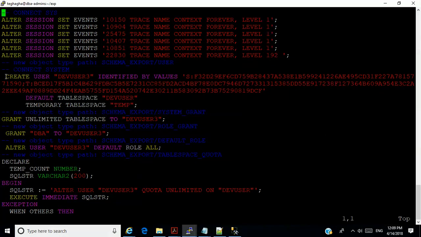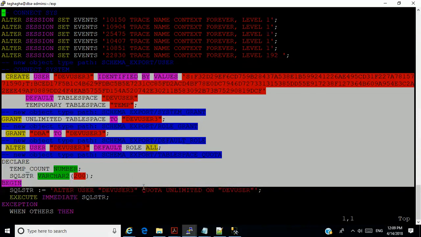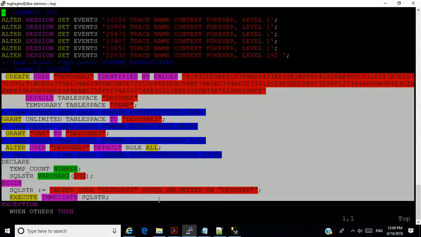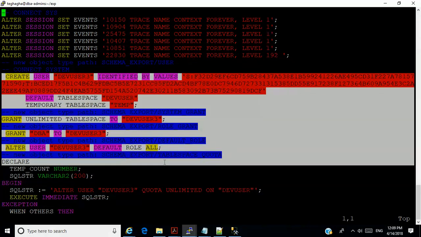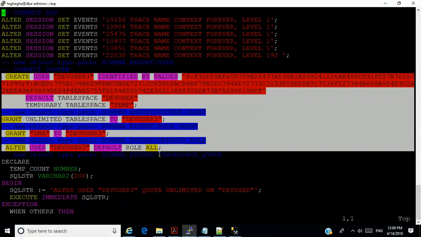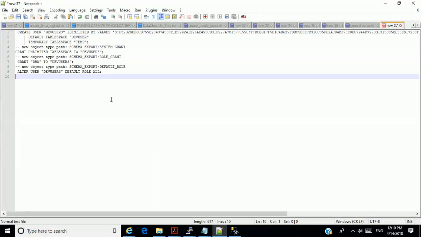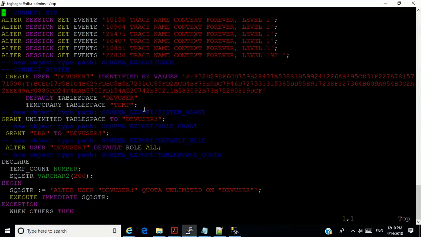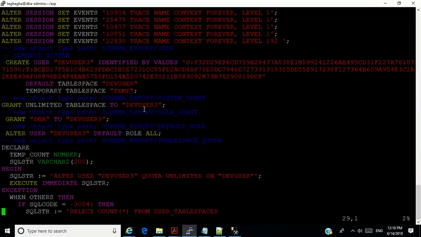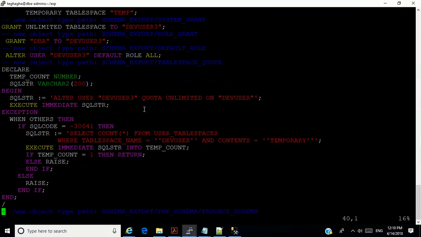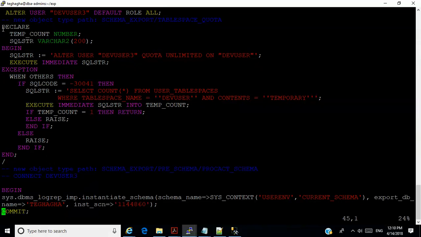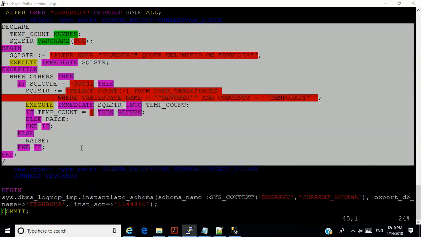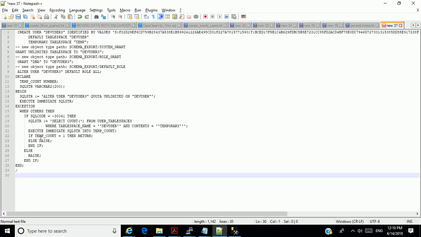You first of all create the user, okay? And when it creates the user, it creates it exactly the way the other one is, okay? So what I'm doing is copying this whole stuff here. All right. Okay, so I'm creating a new user called dev.